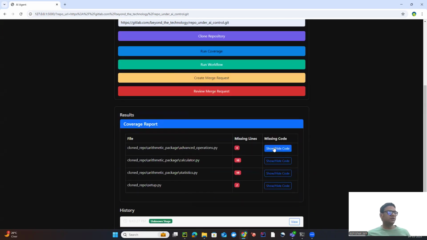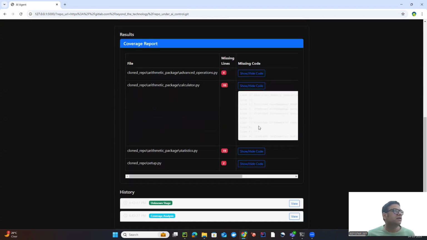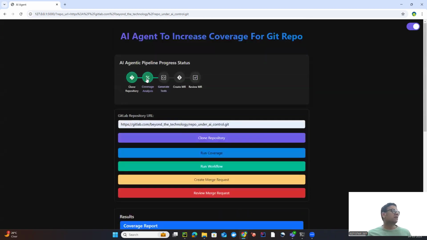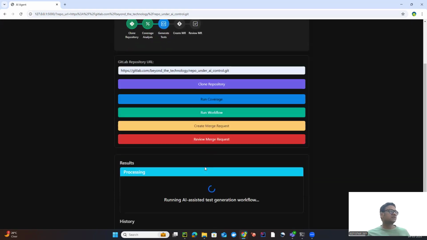Now we can see the similar report where we can see show and hide. We can see the line. It seems like it's not visible because it's completely white, so I will change that. But here you can see this is done. Now we have proper tracking of where we are. We can see the coverage is done. Now this green line is showing that the next step is generate test cases, and this is where our workflow orchestration comes into the picture. And if we run this,